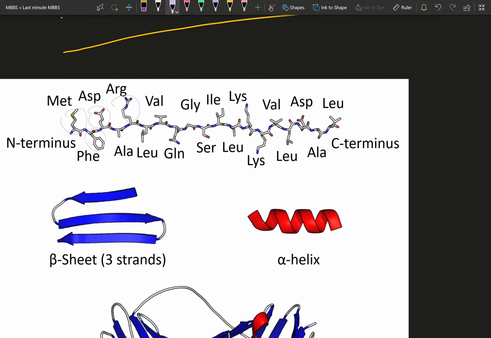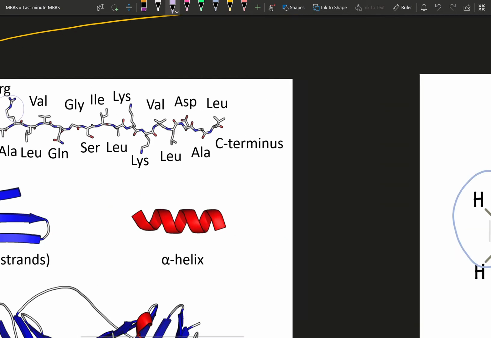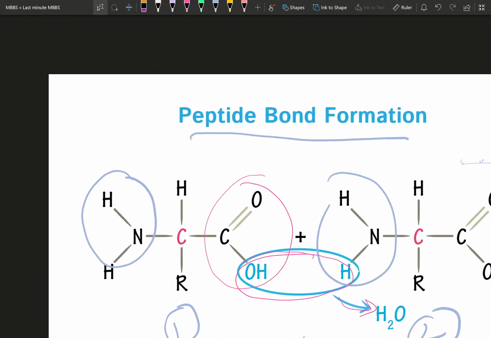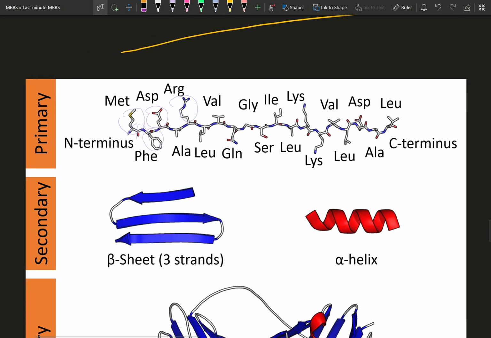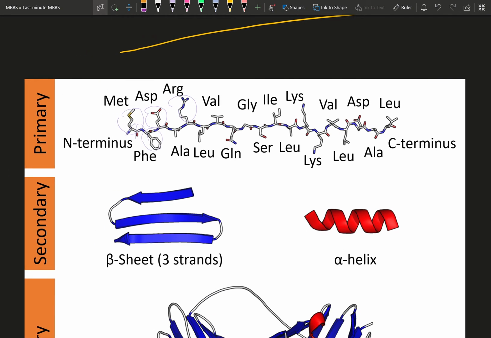But you see this peptide bond over here at each part, that is the same peptide bond throughout everything. That is formed by the excretion of water, very important, and that constitutes the primary structure of the protein. This happens by a process called translation in the nucleus within each of the cells. We'll talk about this in the genetics later on, but please know that.